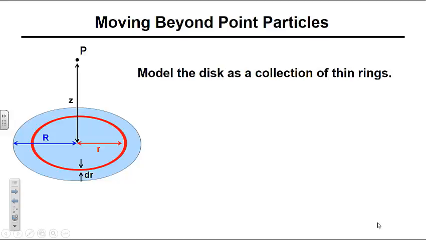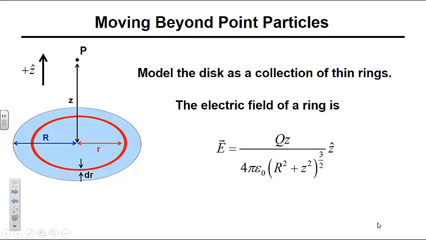We can model this disk as a collection of thin rings. This shape is convenient not only because it matches the geometry of the disk, but also because we have already solved the equation for the electric field of a ring. In this equation, the z-axis is perpendicular to the plane of the ring, with a positive direction pointing away from